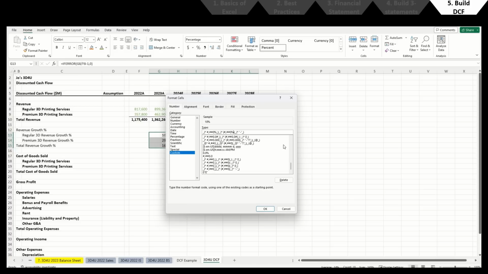And I see that there isn't, so let's create our own by typing the number sign, 0.0 percentage, underscore, and close bracket, then semicolon, and for the negative number, I will put the open bracket, number sign 0.0 percentage, and close bracket, then semicolon, and for a dashed line in place of 0, I'll put quotes, dash, quotes, and underscore,